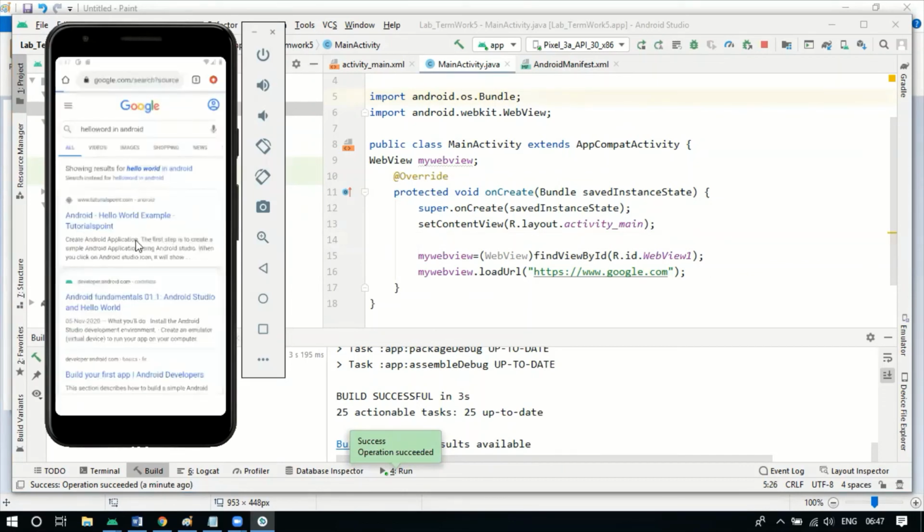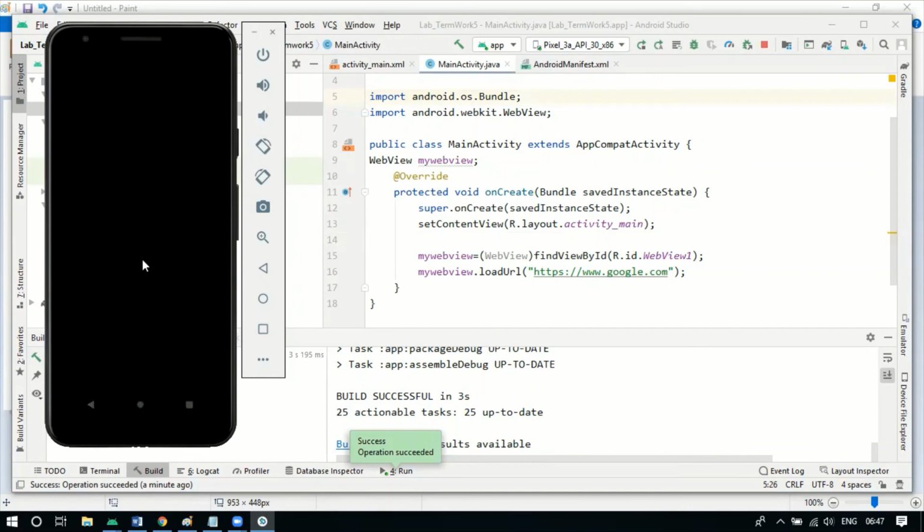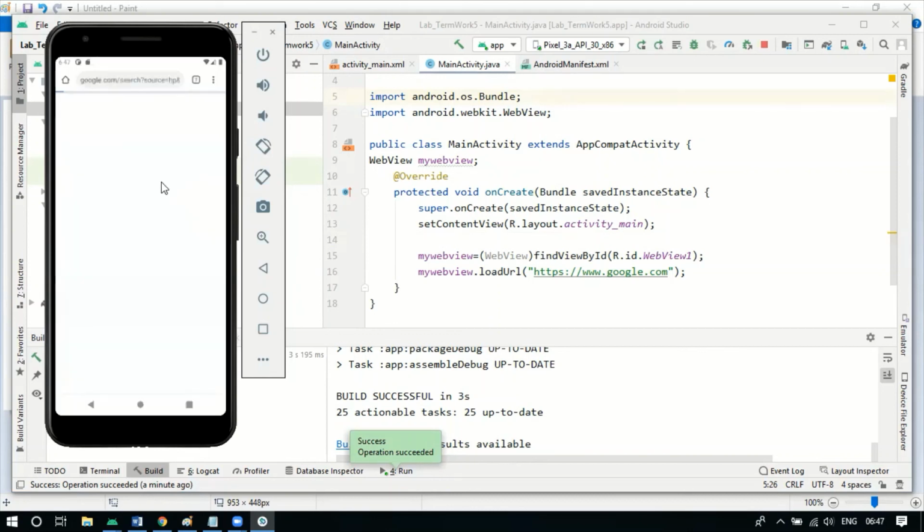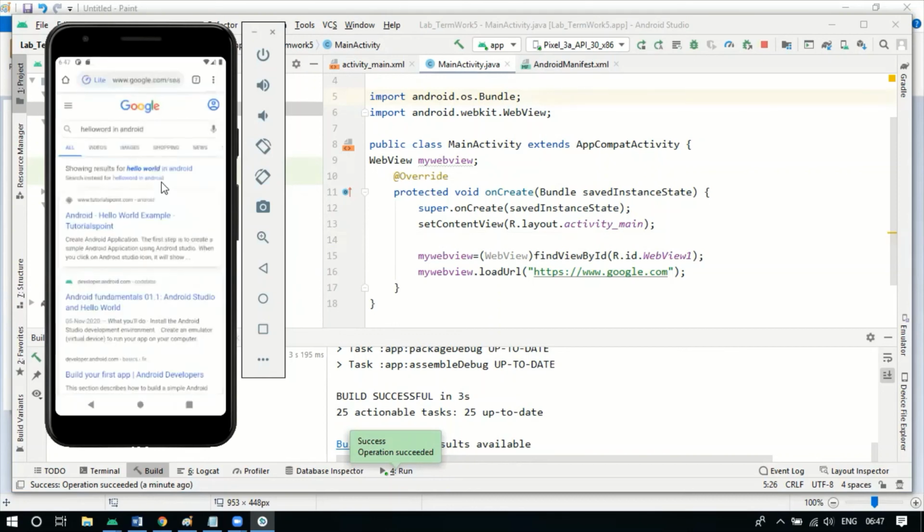It depends on the internet speed. So if you want to come back, you can come back to the previous section.